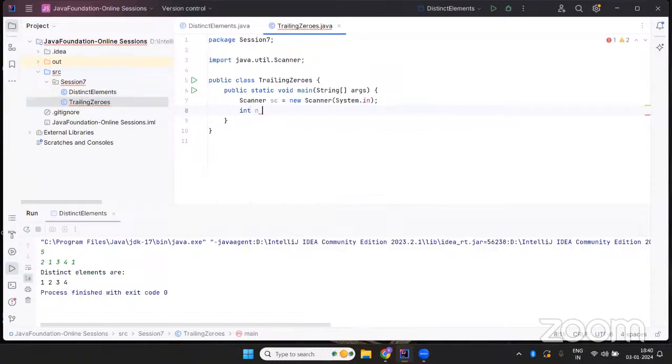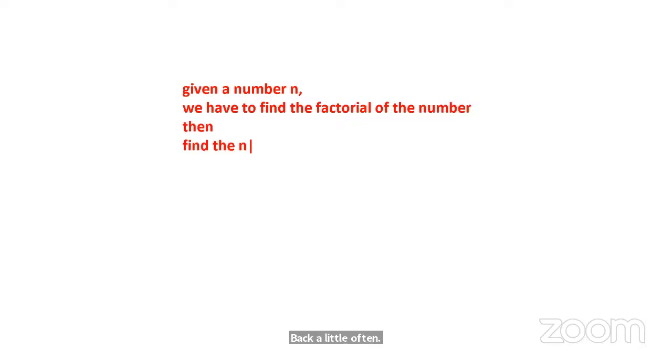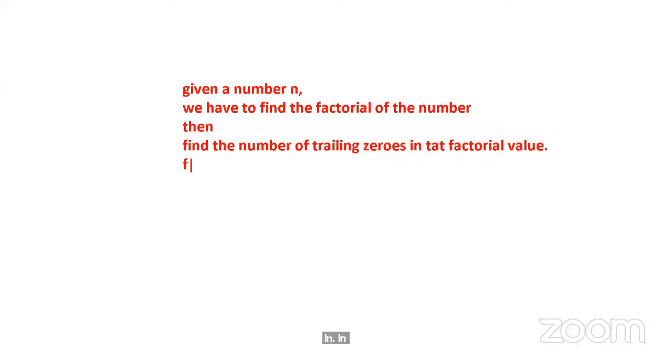Take a number. Right. So the question is, you have to write, given a number n, we have to find the factorial of a number. Then find the number of trailing zeros in that output, in that factorial value. Right. For example,